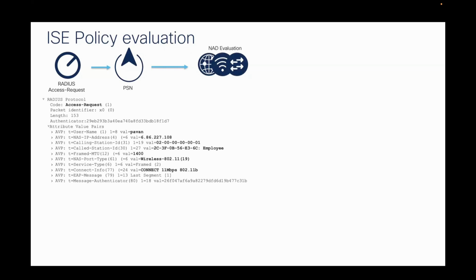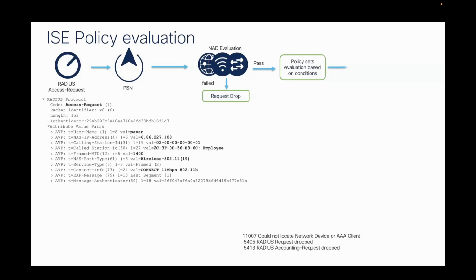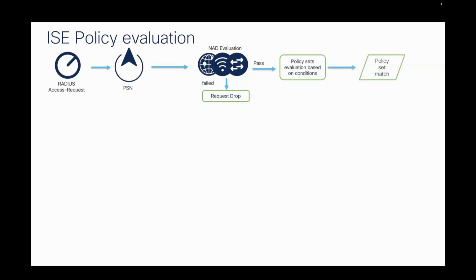For that reason, the NAD evaluation happens first. If there is any misconfigured network device, or no network device configured at all, obviously the RADIUS requests are going to be dropped by the PSN, so they will not even go through the policy evaluation. If the NAD was configured properly, then the RADIUS request goes through the